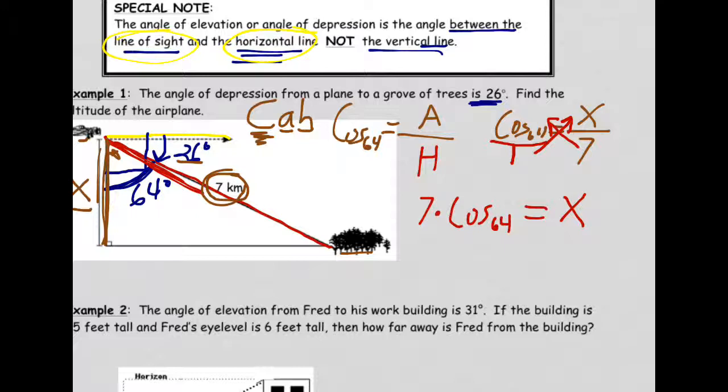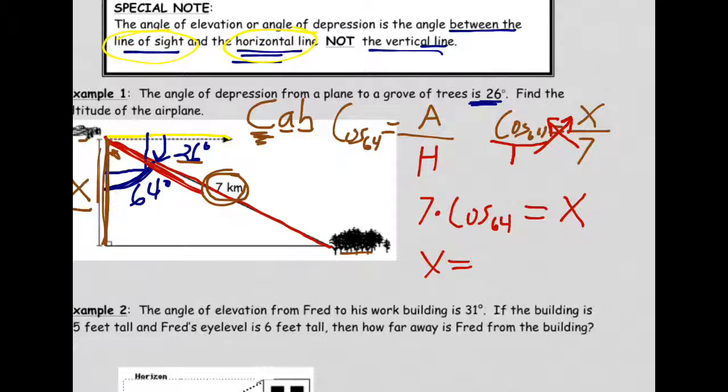You're going to find the cosine button on your calculator, so go ahead and do that now. You'll do 7 times the cosine of 64, and don't forget to close those parentheses, and then just hit enter, and you'll get x equals